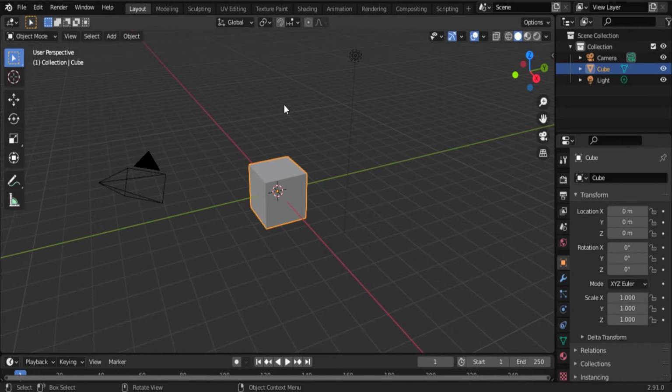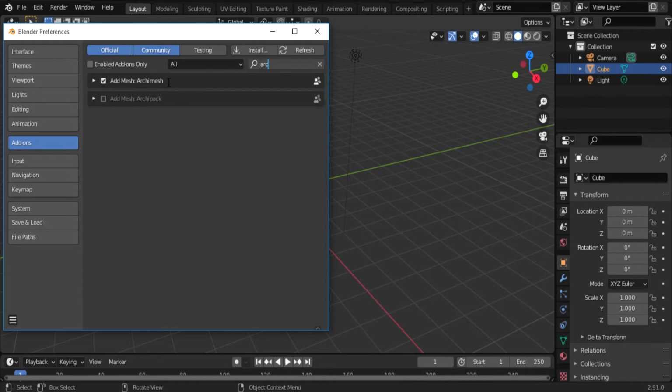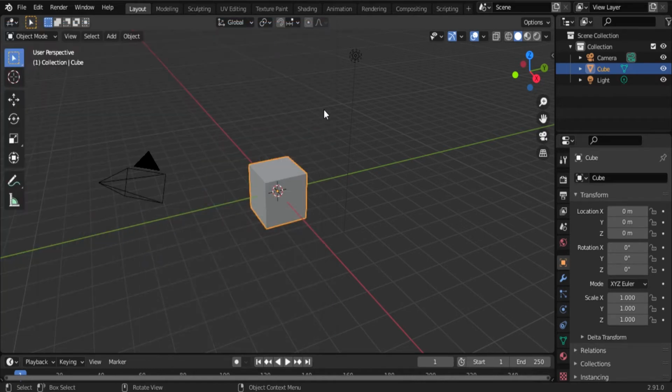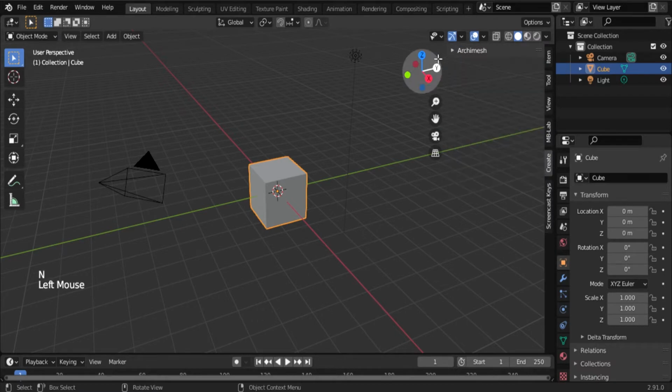Hello, hi. In this video, I will share 3 methods of making a hole in an object. For that, go to Edit, then click Preferences and click the search bar. There's ArchMesh. Enable ArchMesh and press N on the keyboard and go to Create ArchMesh and select